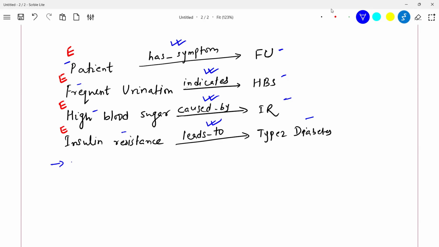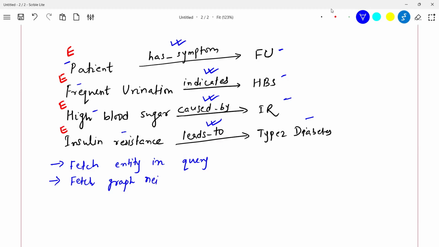First of all, if the user fires a query, what will happen? Fetch entity. An entity you can think of as a name, place, any object, as in normal English. So what is the entity in the query? Suppose somebody is asking a query about a patient. So patient is the entity in the query. Then it will fetch the graph neighborhood. For example, if you're asking about a patient, the neighborhood is FU, frequent urination, another entity.